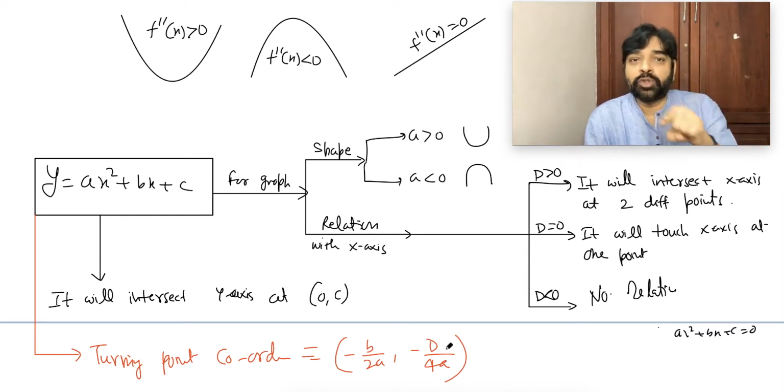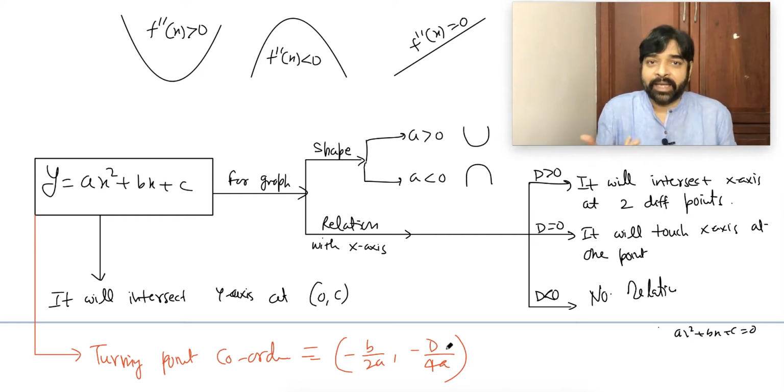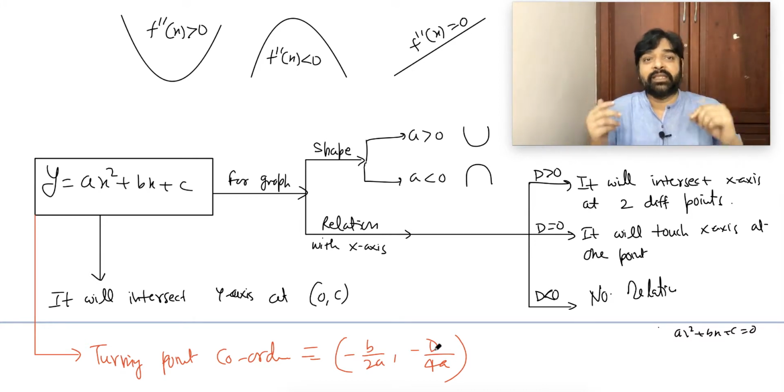I want two different real roots. That means the graph should intersect the x-axis. So the graph should go below the x-axis. So this quantity should be negative, and this will be negative when D is positive. When D is positive, that's why two different real roots will come. D negative, no real roots, because this value will become positive. Total value positive means above the x-axis. Think, the turning point is above the x-axis, so there is no intersection, because this is the minimum.